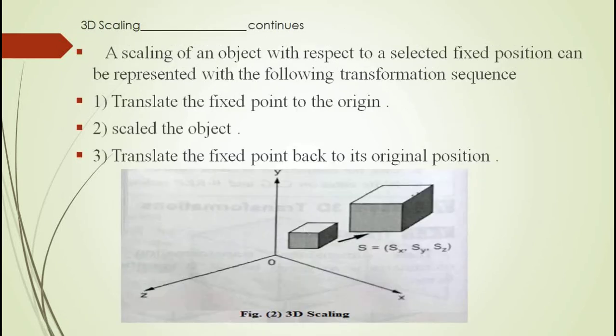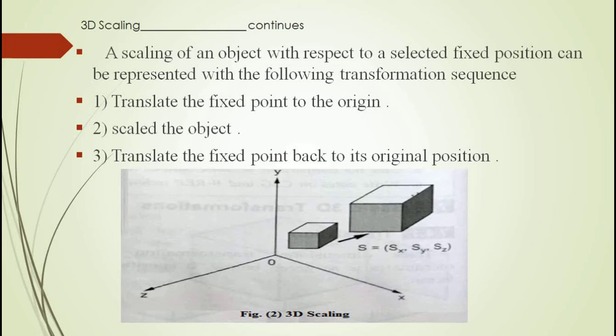After that, scaling of an object with respect to a selected fixed position can be represented with the following transformation sequence. First, translate the fixed point to the origin, that is, our object is translated to the origin.